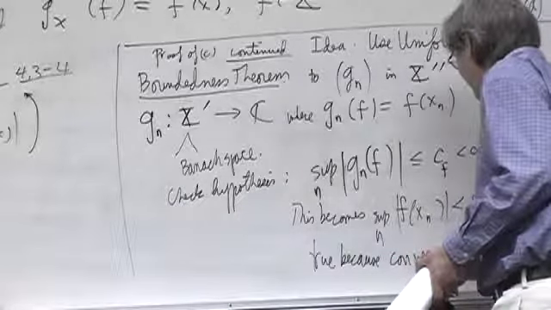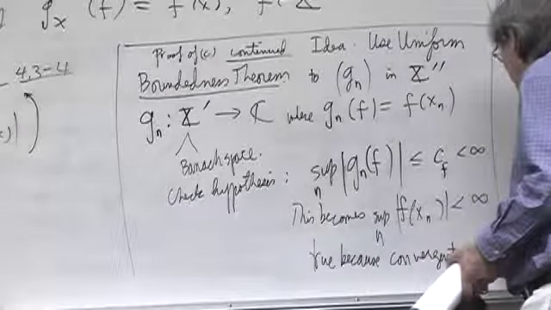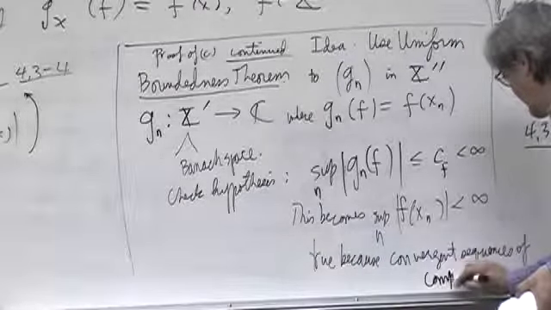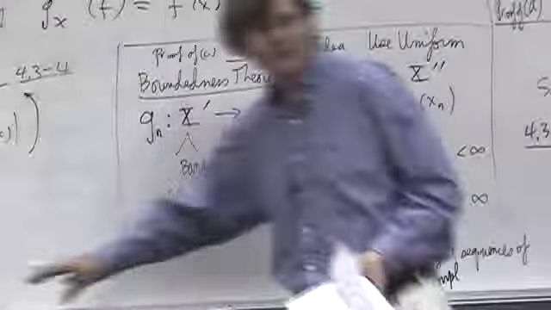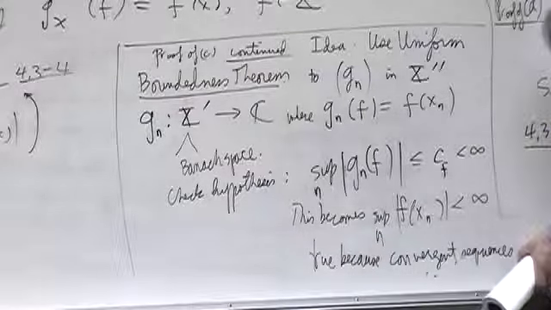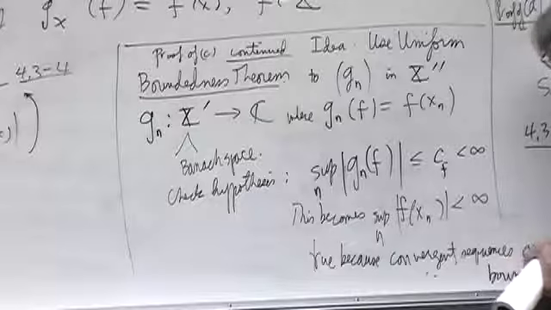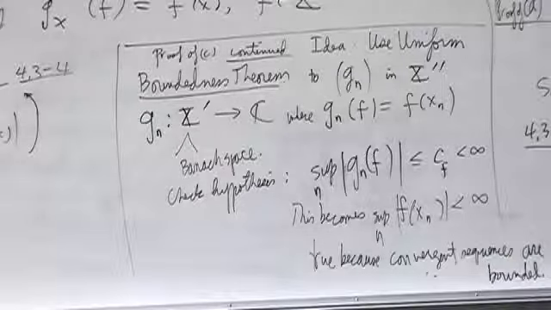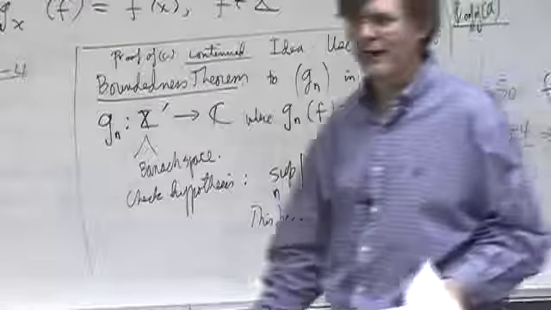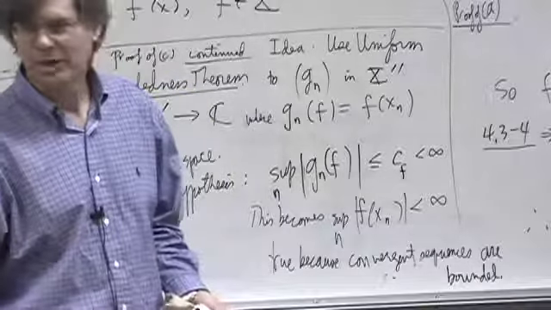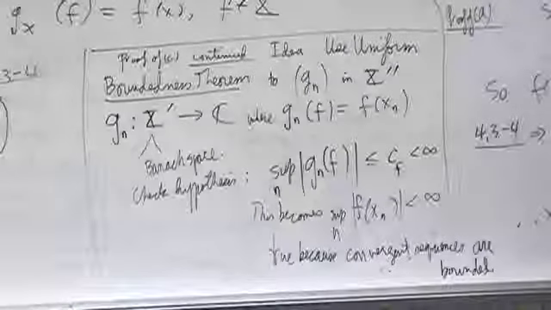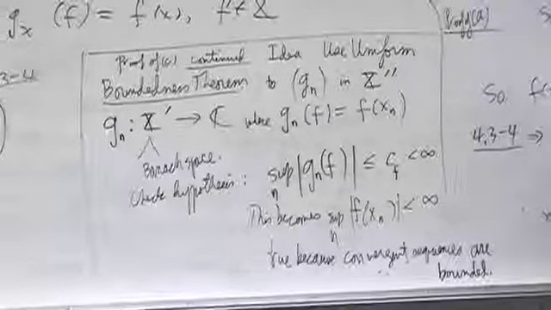Remember that from real analysis? Sequences of real numbers or complex numbers that converge are always bounded, period. As long as I'm in a normed space, I can talk about bounded. Even in a metric space, you can make an appropriate sense of bounded. I think that was given in chapter 1, in fact. So any convergent sequence is bounded. So the hypothesis holds.